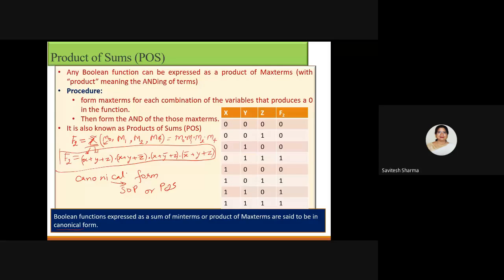So today you learned how to convert a logic circuit into the truth table, how to convert a truth table into the SOP form, and how to convert a truth table into the POS form. Okay. So now one more thing. If a Boolean expression is given, for example, this is a simple example I'm taking, and I'm asking to represent this expression in a canonical form. Can you do it?